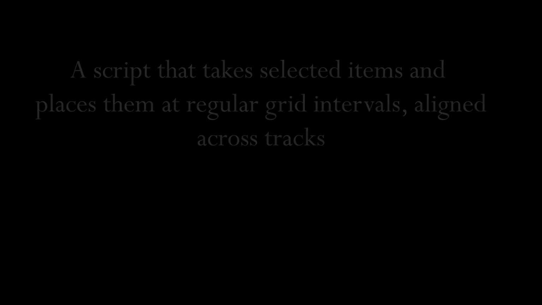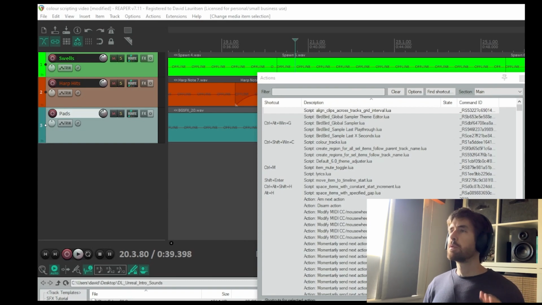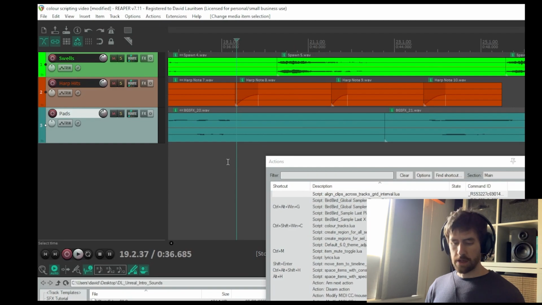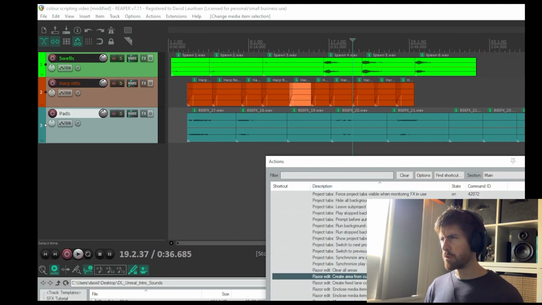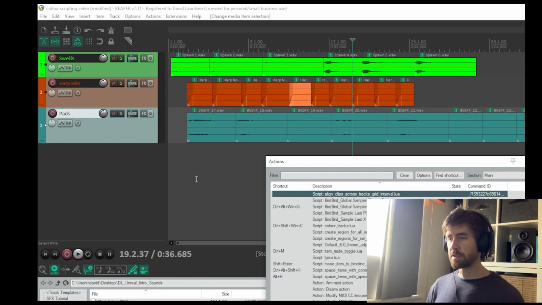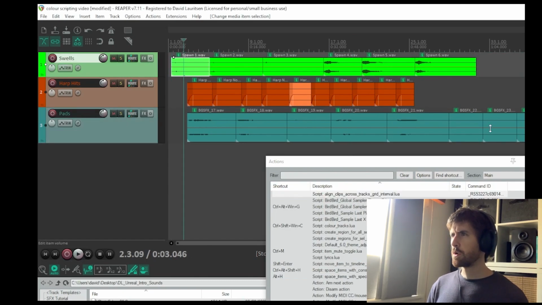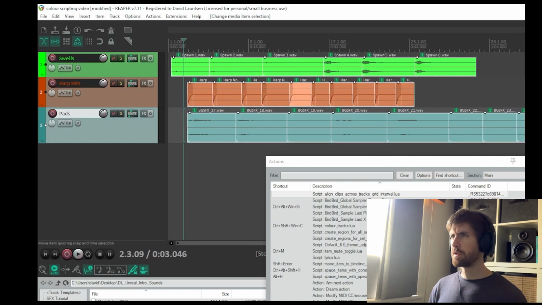What's going on? So here's a script I prepared earlier. This one here, align... oopsies, oh no, what have I done? Align clips across tracks. So what this is intended to do: I've got these different types of sound effects, swells,